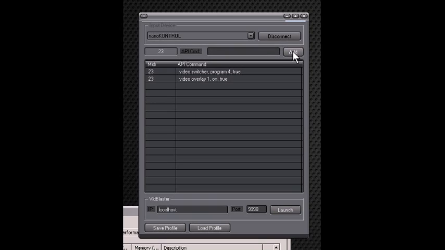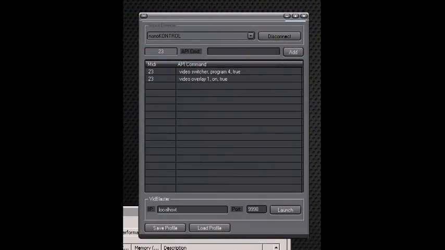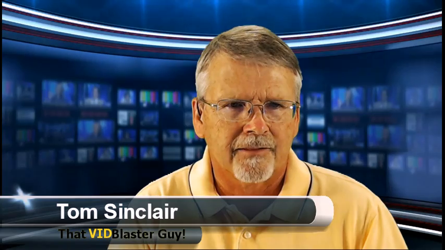And we're going to also make that control number 23. So we're telling it right now, when I press control 23, which is button number 1, video switcher, program 4, which is the module that has me in it. It's this module right here. We want you to do that first. And then the second line, video overlay number 1 on and true, and video overlay number 1 would give us the effect of adding that. And you saw that had kind of floated in later.